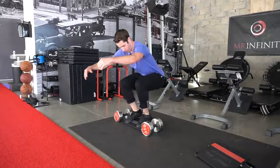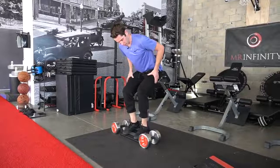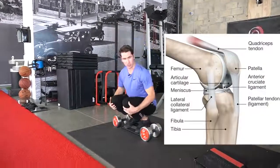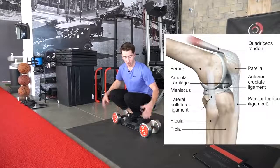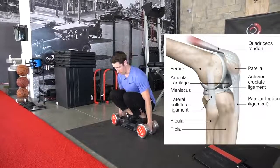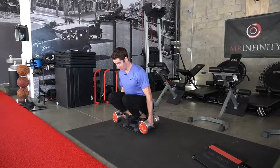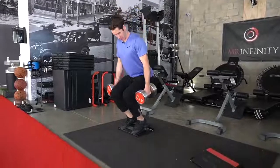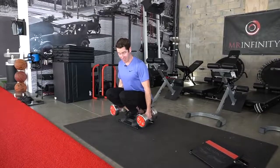So it was only when I married these concepts of joint strength. If I avoided my knees, you could potentially still build the muscles, but you would not actually be stimulating the tendons and the ligaments enough to grow. So when I do a training session now, I'm growing these things in harmony. So I'm growing the strength of my muscles while at the same time developing my tendons and ligaments,